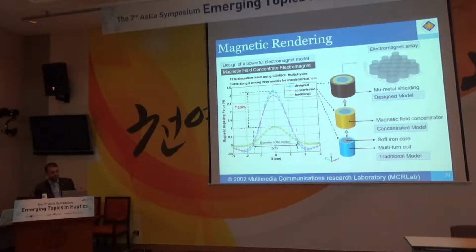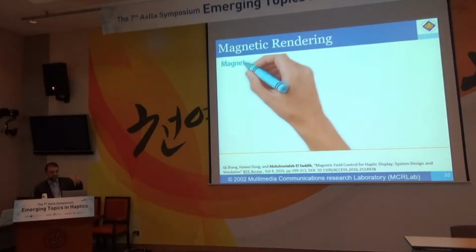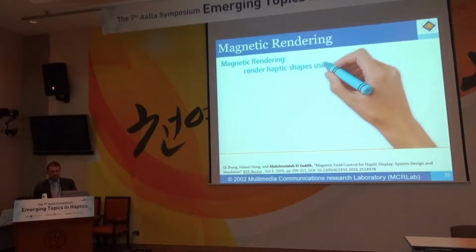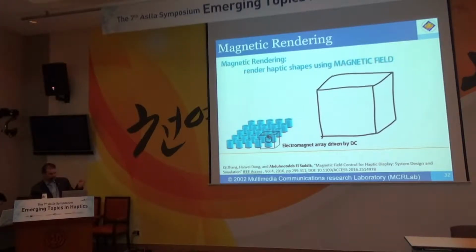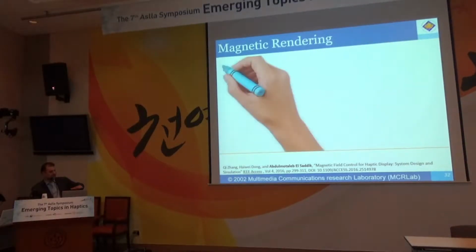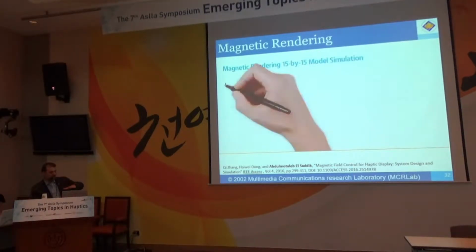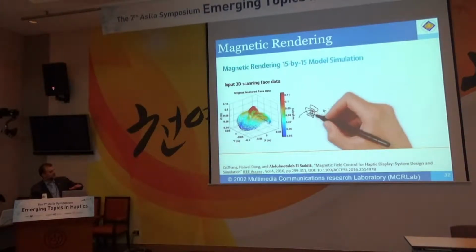Now, we performed a couple of simulation studies, and based on the simulation studies, we find that if we do a 3x3 or 5x5 matrix of what we call a magnetic field array, at 1 centimeter we can feel just a groove or a very rough structure of a face. However,